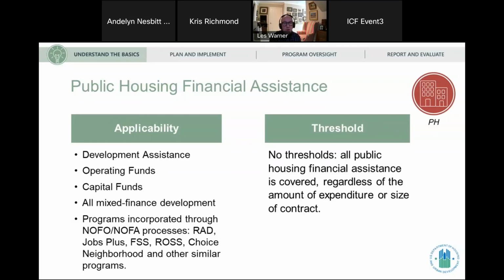So we know, for instance, if we were talking specifically about operating funds, that percentage benchmark on workforce that qualified as Section 3 workers is overall for the operating funds, and not that we're looking for that percentage in each individual job. So it is an overall average and reporting for that funding source.